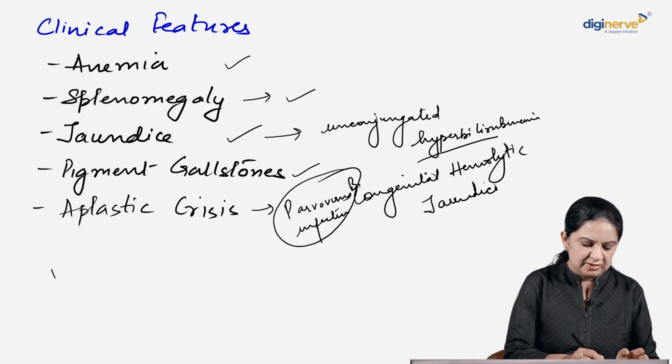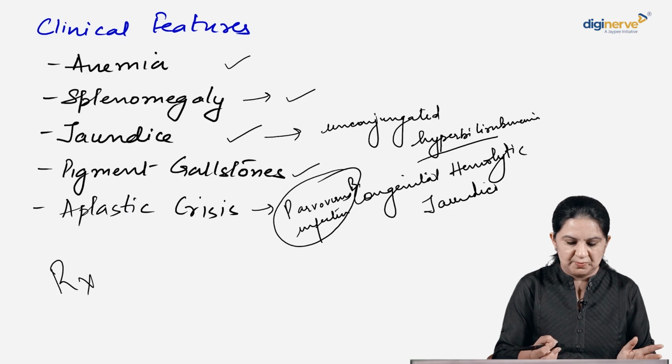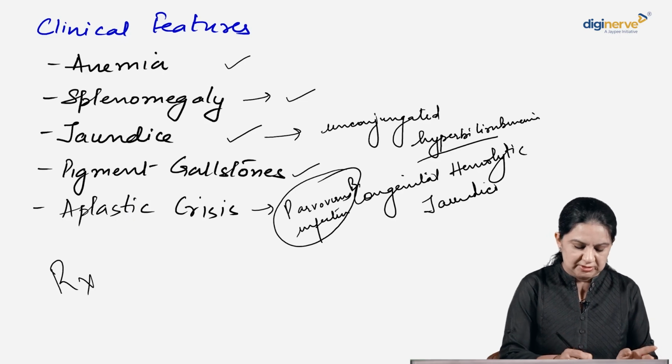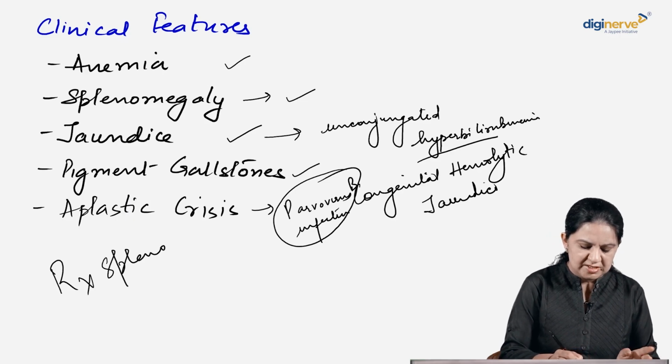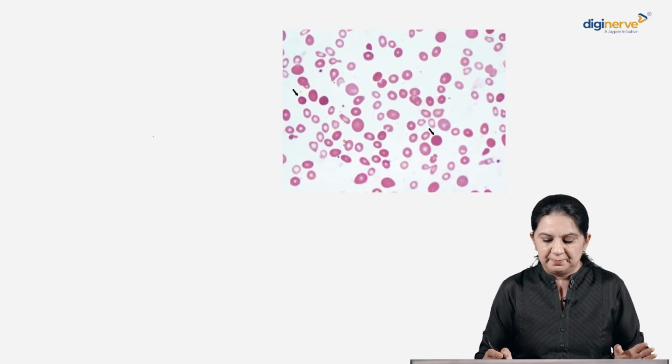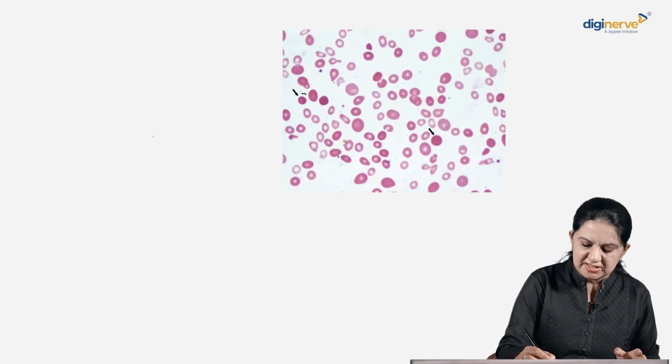So, the treatment, what is the culprit here? The spleen, because there is extravascular hemolysis. So, the treatment would be splenectomy. All right. So, coming to the peripheral blood picture, you will see